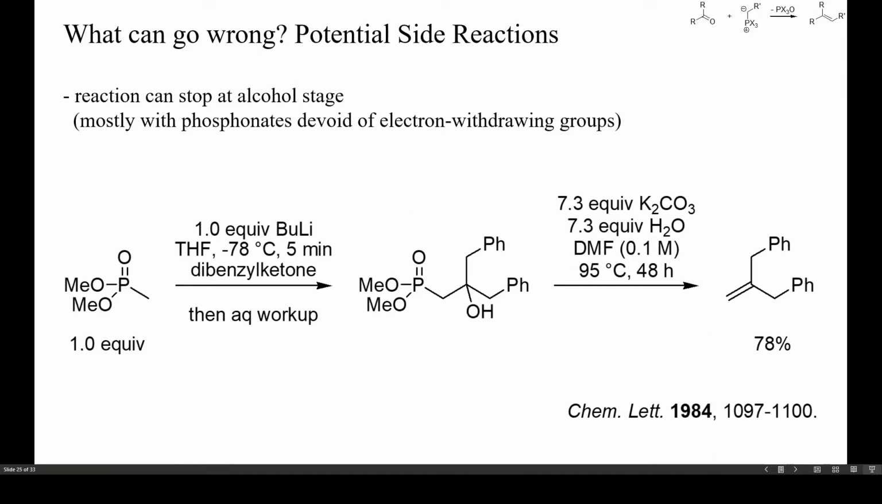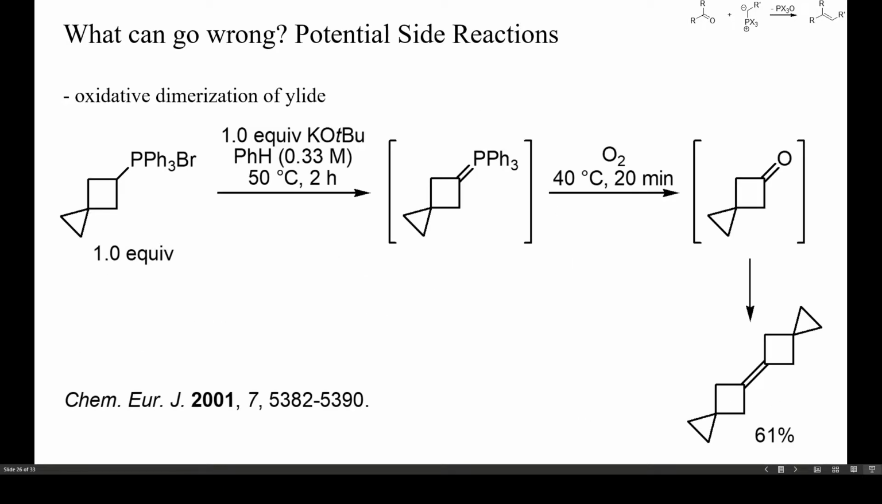Phosphonates devoid of additional electron-withdrawing groups usually yield stable alcohols upon reaction with ketones, as in this example. Formation of a phosphorus-free alkene can sometimes be achieved by heating with aqueous bases. Non-stabilized phosphorus ylides readily react with oxygen, whereby aldehydes or ketones are formed that immediately are olefinated by the remaining ylide. If a solid phosphonium salt is to be used in a Wittig reaction, it should be kept in mind